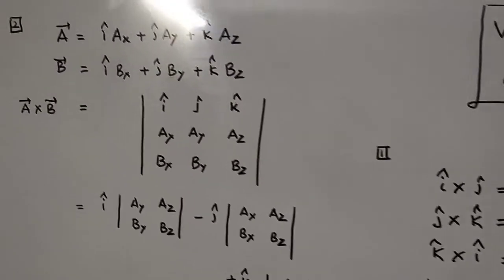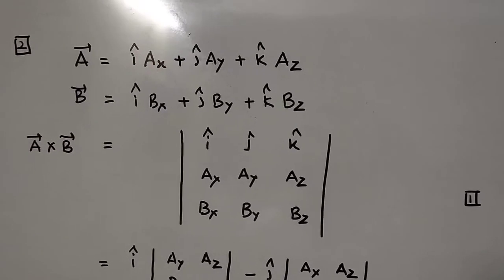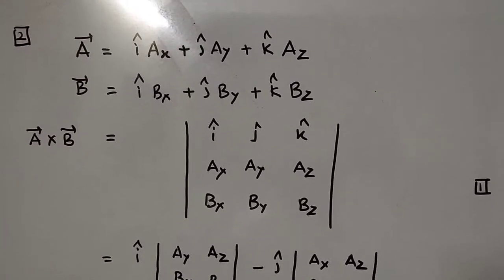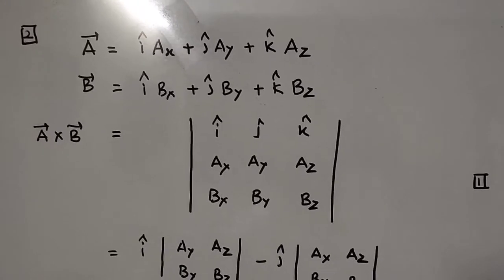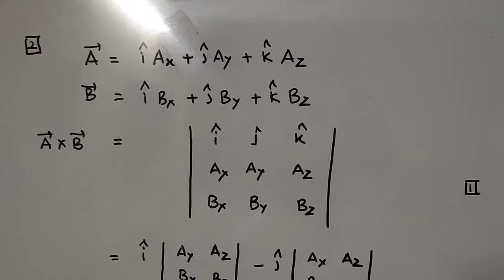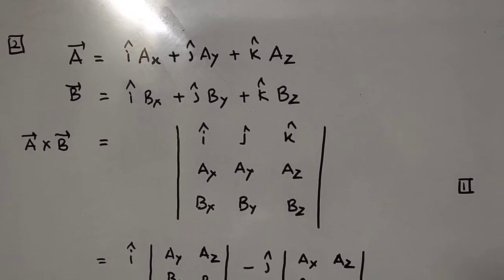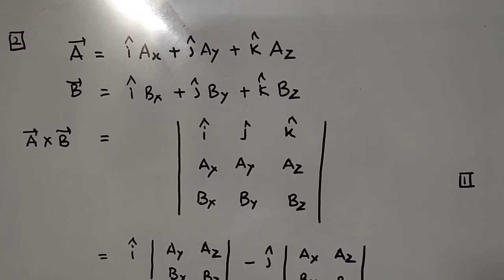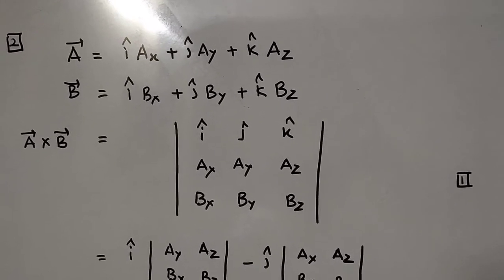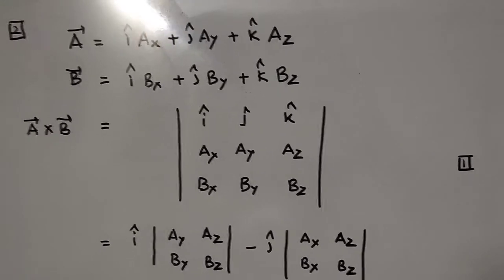Now another part of the vector product or cross product, number 2, which we are going to discuss now. You have two vectors, a vector and b vector, and we have written the a vector in terms of its components and the b vector in terms of its components. Along the x-axis it has a component a suffix x, along the y-axis a component a suffix y, and along the z-axis a component a suffix z. So if you want to express the given vector in terms of components, you have to express it like this: i cap ax, j cap ay, k cap az, and similarly for the b vector.